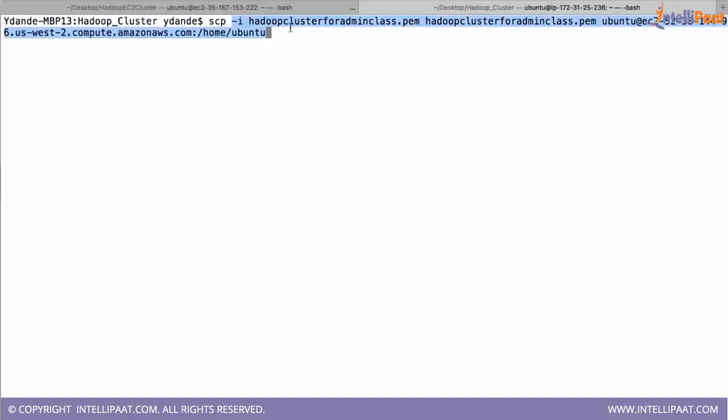Here -i with this PEM file says that I am going to use this key pair to log in to this machine, and the PEM file being copied goes into the Ubuntu user of the name node, and later you give the directory to which it has to be copied. Once you say that, it will copy this file.